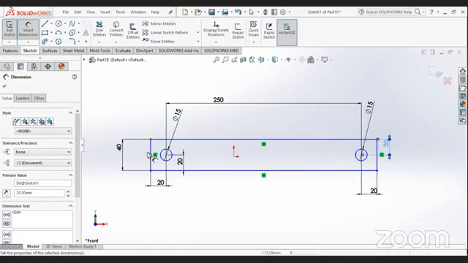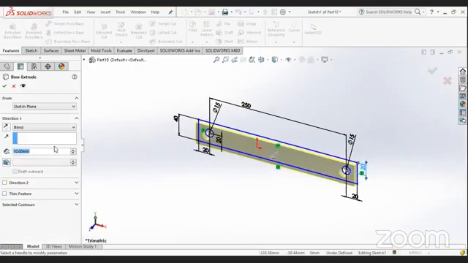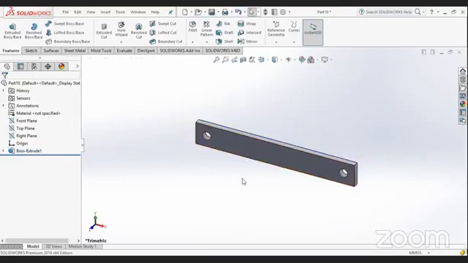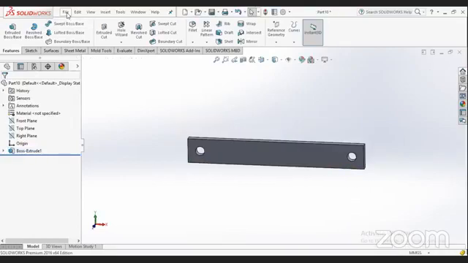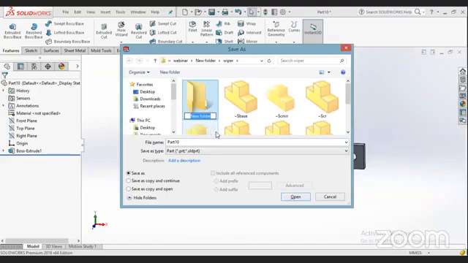I've created this as a line, okay, solid line. Now we'll do the extrude process, 10 mm extrude, okay. So this is the plate which is ready now. Now what we need to do is, the center to center was 250, so we'll be making a crank, sorry, connecting rod. So let it be, I'll make a new folder over here and save.